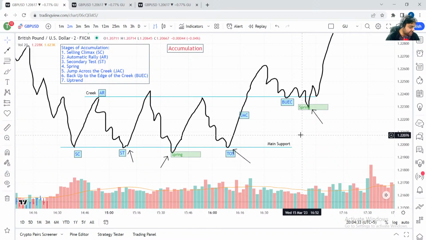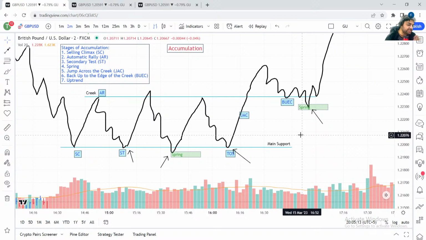Salim Safi is saying, sir, practice on the chart. Yes, Salim Safi ji, of course we will do it. I never leave you without a practical dose. You remember, I almost never give you only theoretical understanding. I also always give you practical examples of everything that I teach you. Okay, so don't worry about that. We will discuss all of this on the live chart. Nothing to worry about. But for now, I want you to pay attention to all these stages of the accumulation.